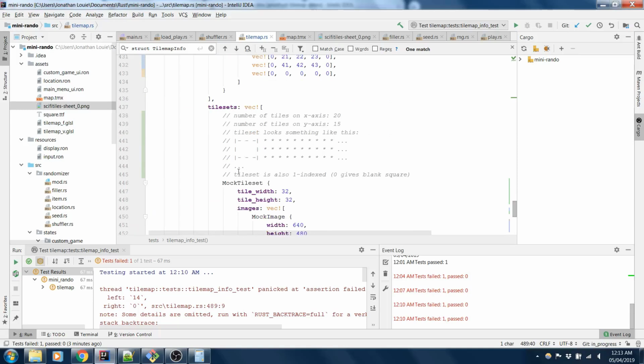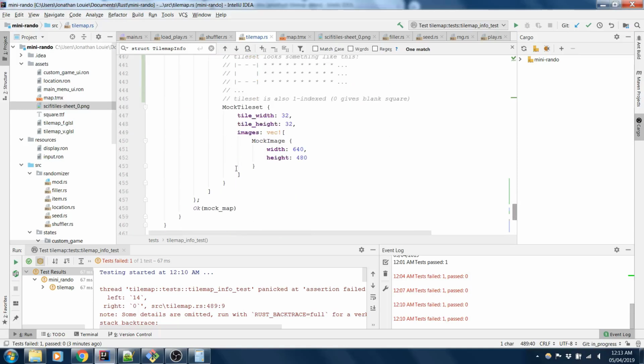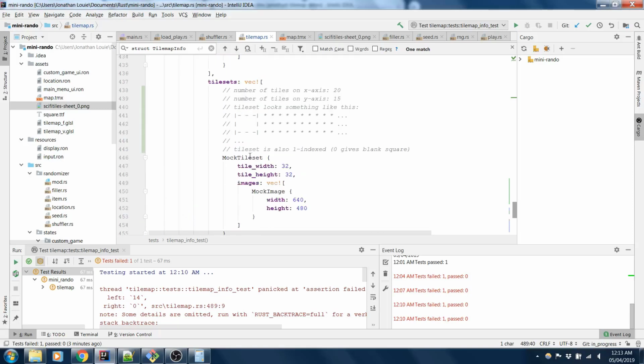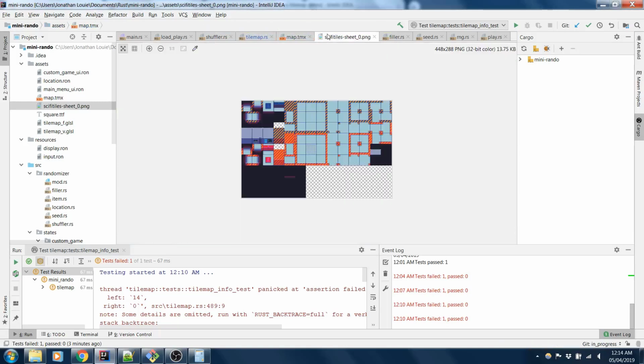Oh, wait a minute. It starts on the bottom left, right? Because this is 15. This must be 0 and... Oh, I see. So this is 0, 0. That's why. Okay, that makes a lot of sense. That really does make a heck of a lot more sense now. So this is 0, 0. Then